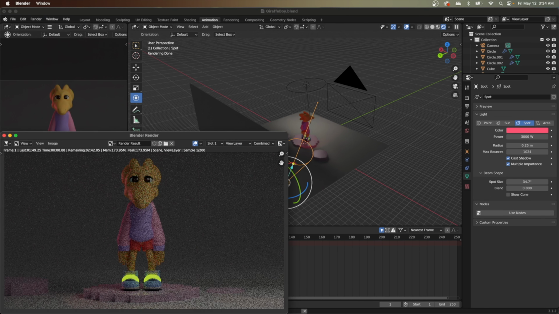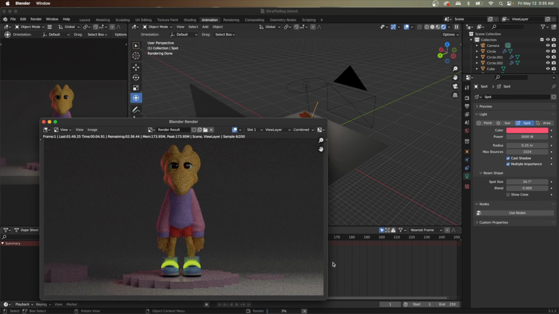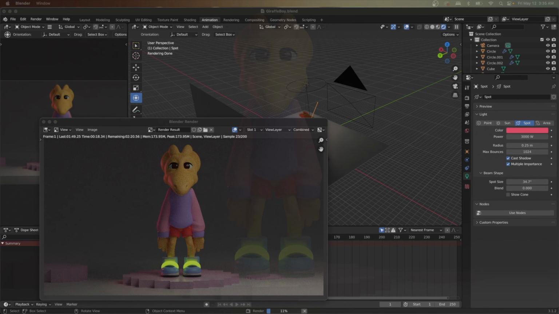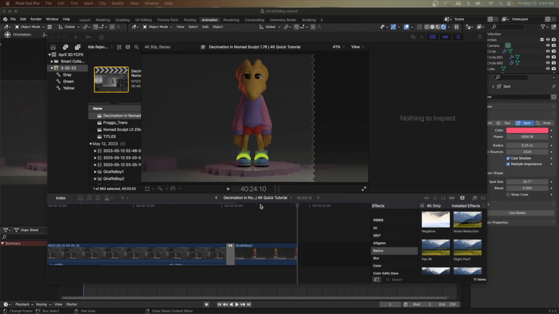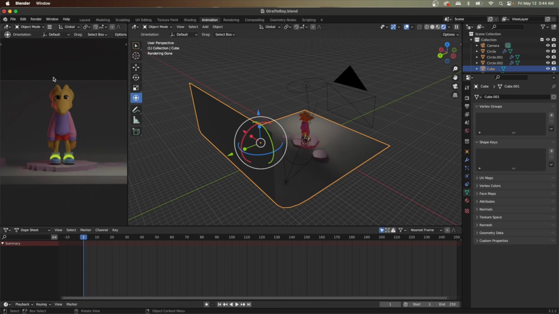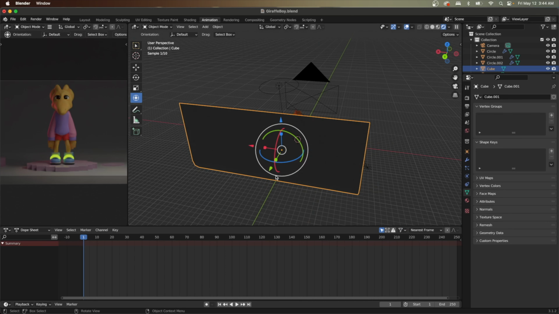I'll do a quick render. We'll see what it looks like. I should just do like a final render. It looks pretty good. Let me pause. All right, well, it looks pretty good. The only thing is,